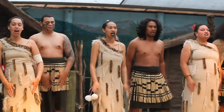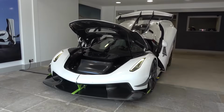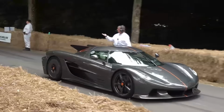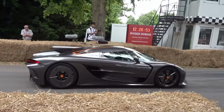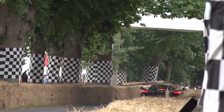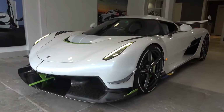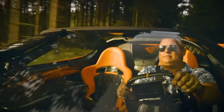It has a pair of small wings behind the doors and a pair of aerodynamic fins at the rear. Recently, Koenigsegg announced its intention to once again break the world speed record for production road cars. The Swedish hypercar manufacturer hopes to achieve this feat with its latest creation, the Jesko Absolute. In theory, this model's maximum speed exceeds 330 miles per hour. Furthermore, at Koenigsegg they believe that the title of the manufacturer of the fastest production car still belongs to them,